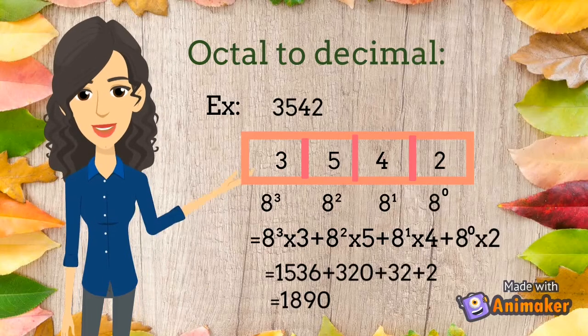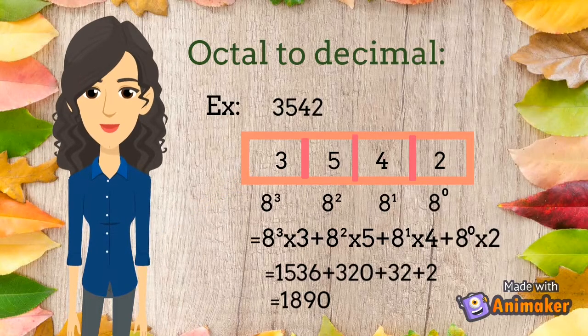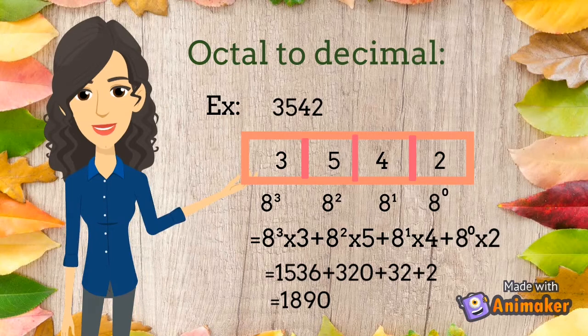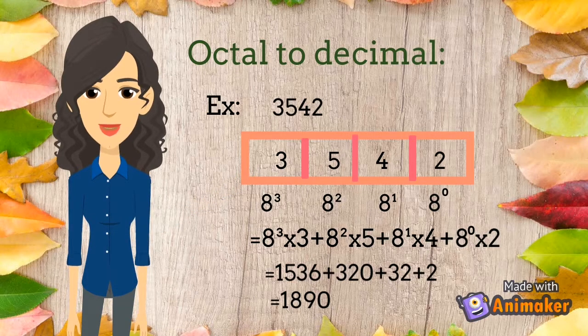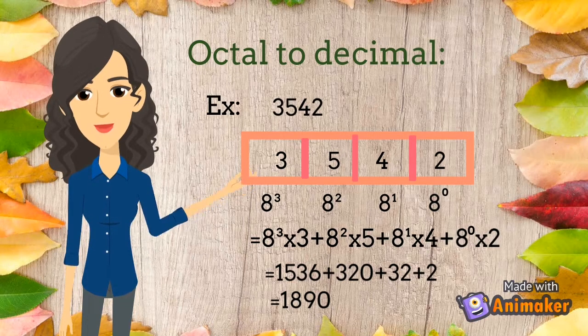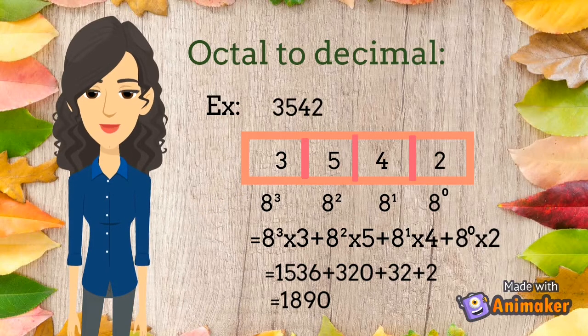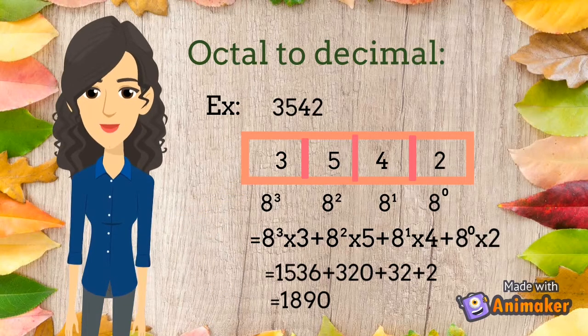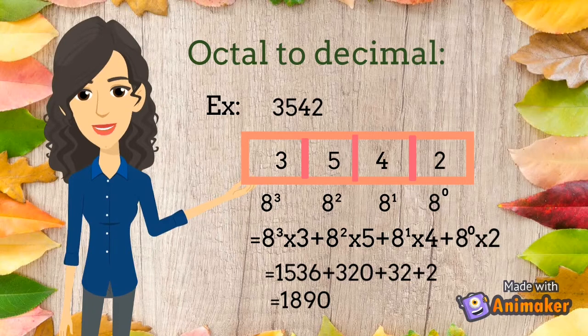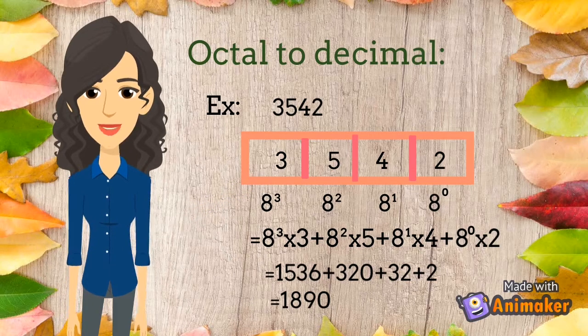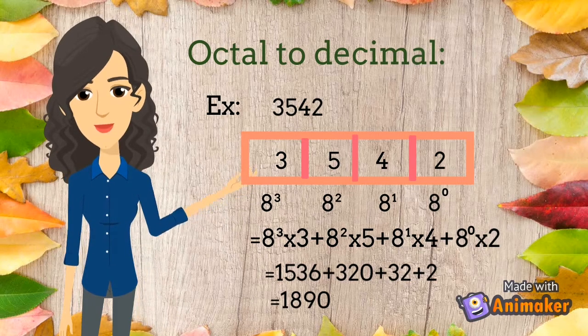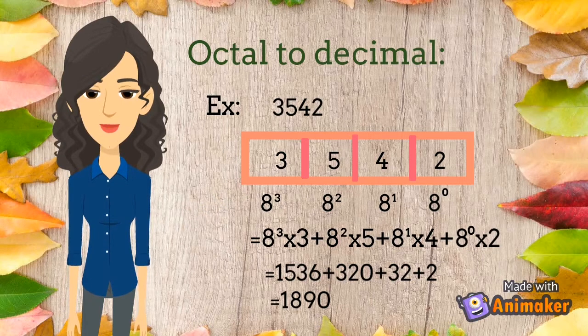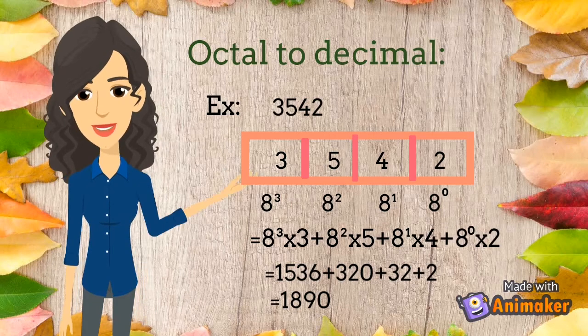That is a cakewalk and similar to conversion of binary to decimal. Instead of 2 power 0, 2 power 1, 2 square, we take 8 power 0, 8 power 1 and 8 square and so on under each digit from right to left. They are 1, 8, 64 and so on. For example, to convert 3542 to decimal number, multiply 3 with 8 cube, 5 with 8 square, 4 with 8 power 1, 2 with 8 power 0 and add them to get 1890, which is the decimal number of the octal number.